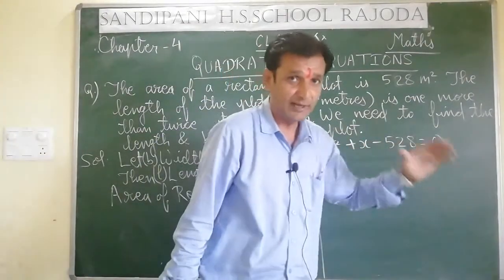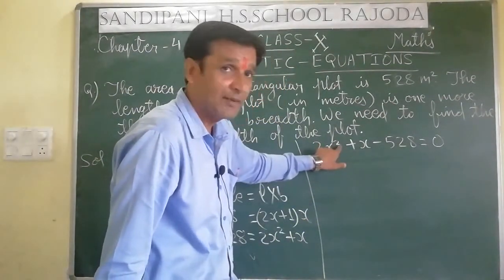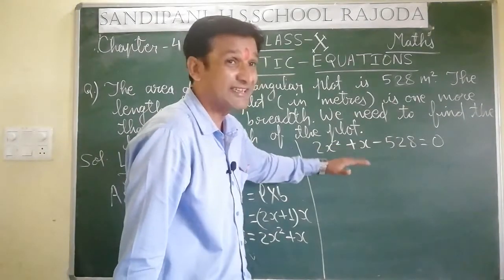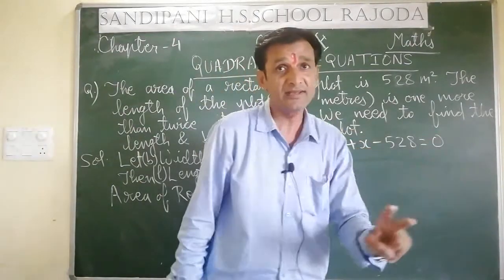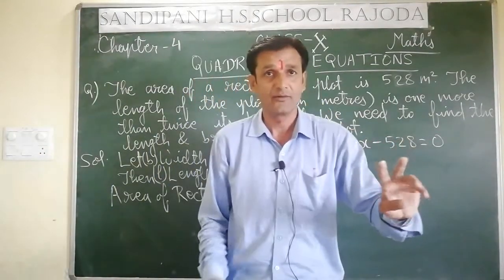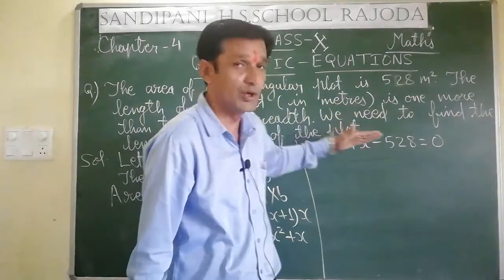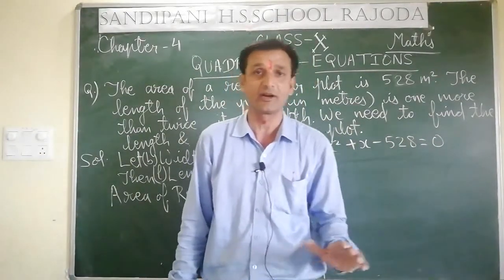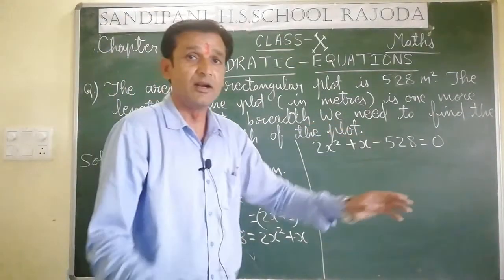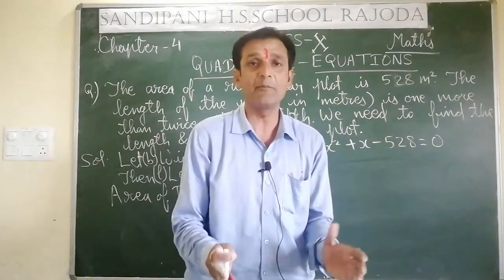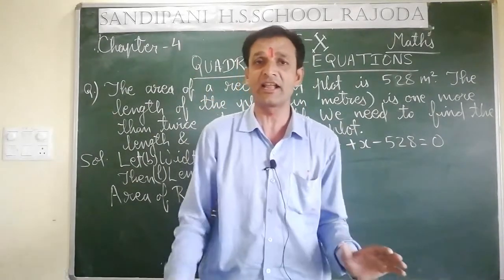Why is it quadratic? Here the power of the variable is 2, which states that it is quadratic. A quadratic equation is formed here, means two values can be obtained because the power of x, or power of variable, is 2 here. That is why it is called a quadratic equation. Now, this is the way of representing a quadratic equation. The definition of quadratic equation is over, the example related to it is over, and the difference between polynomial and quadratic equation is also over.